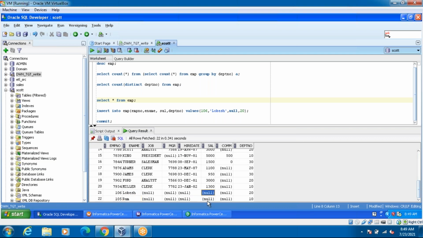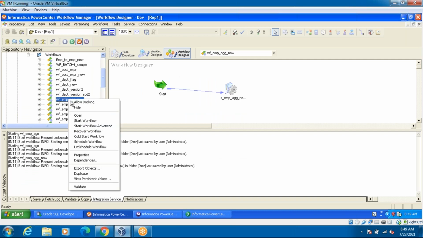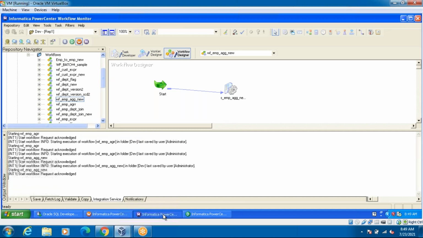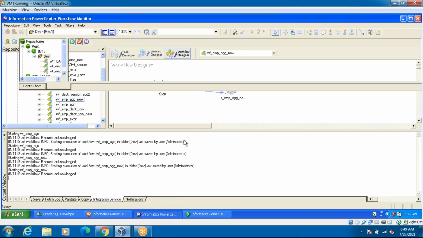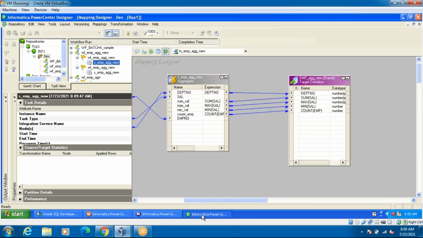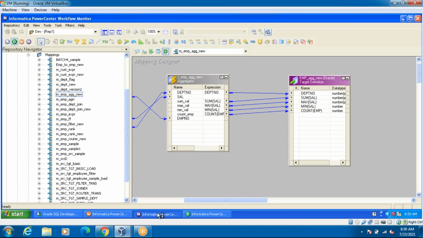Now I'm going to execute the job. I'm going to execute the job one more time. Start workflow. Go and see your job. Somewhere it's running. This is running. You see how the data will populate here. Did they apply any logic here? They didn't apply any. They are just taking the direct salary. Okay, we'll see how it will be populated.